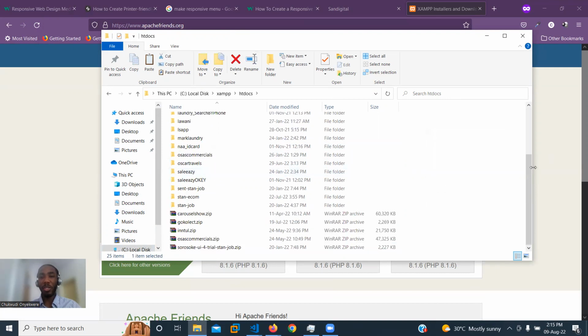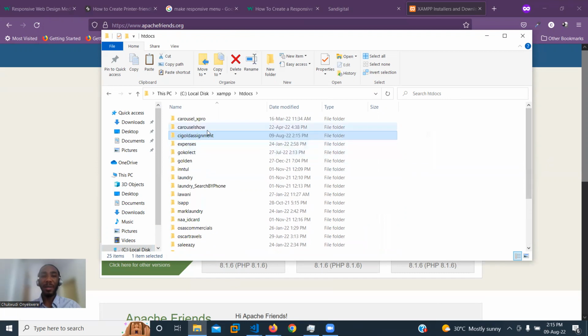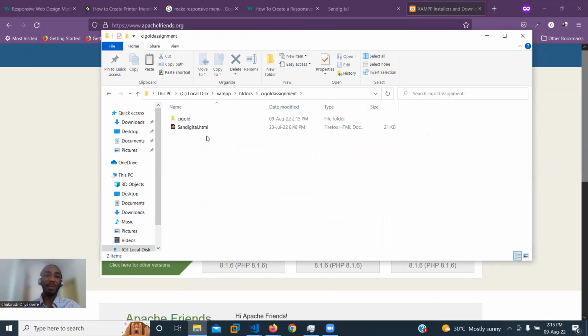Make sure your project folder, after zipping it or whatever, doesn't have another folder inside. Just make it as neat as possible. You just have your project folder, then your files, your images folder, whatever you want to put inside. Once you do this,